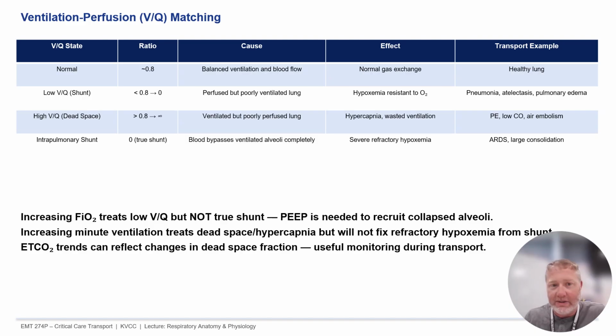At one extreme is dead space, where you've got lung units that are ventilated but not perfused, as in the pulmonary embolism. Dead space wastes ventilation and causes hypercapnia and hypoxemia. At the other extreme is a shunt. Those are lung units that are perfused but not ventilated. So when you have consolidation, atelectasis, secretions, any flooded alveoli and ARDS, those create shunts or shunt-like effects